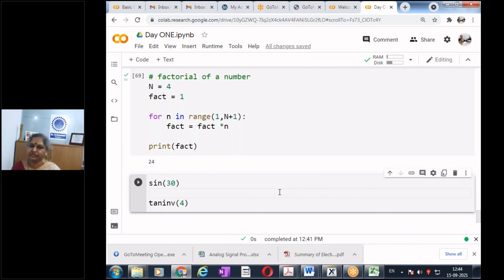I will save it and share this code with you, and you can go through it and try. The handwritten notes, that also I will see. Today we have not done much, tomorrow definitely we will share.